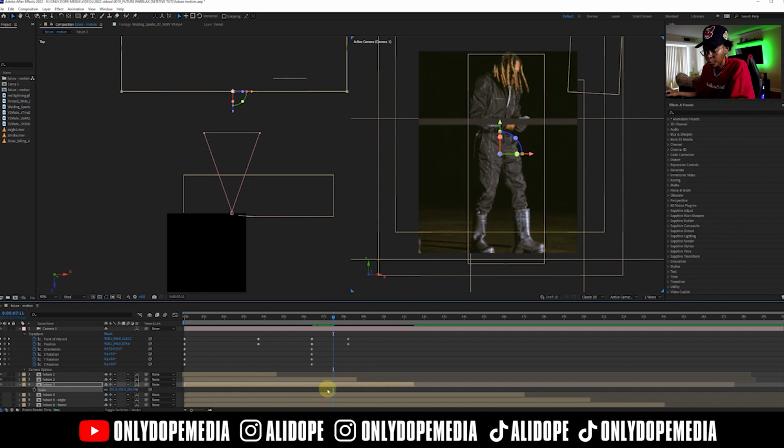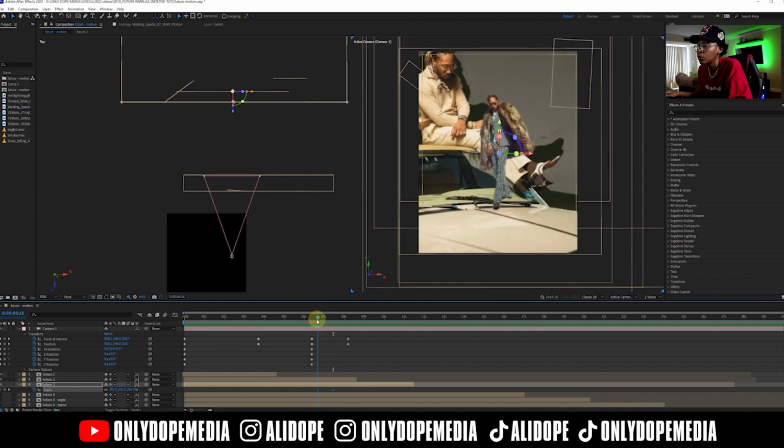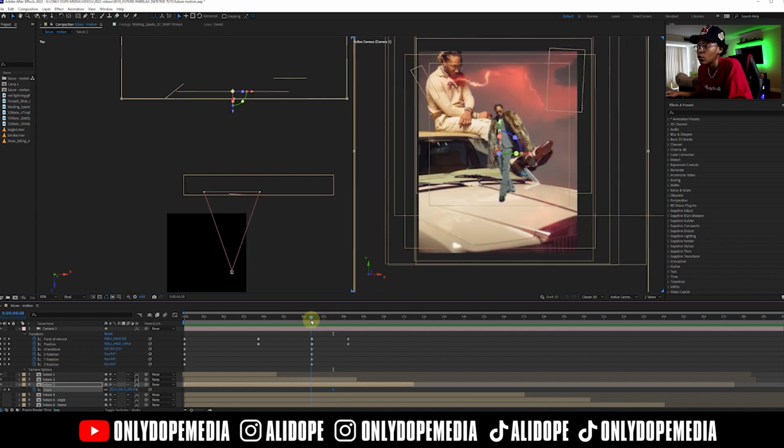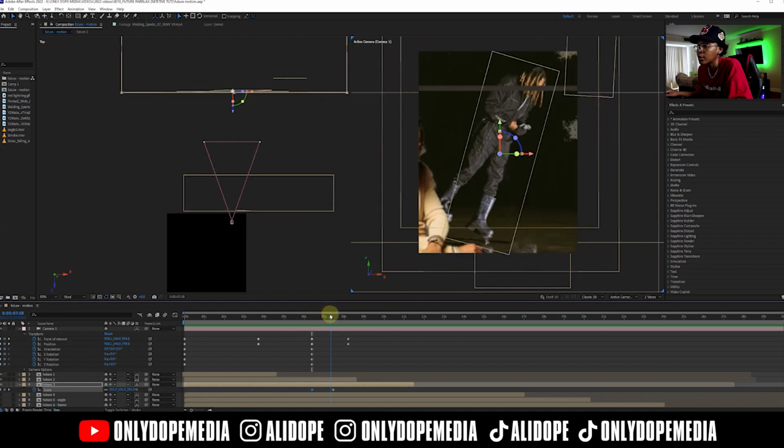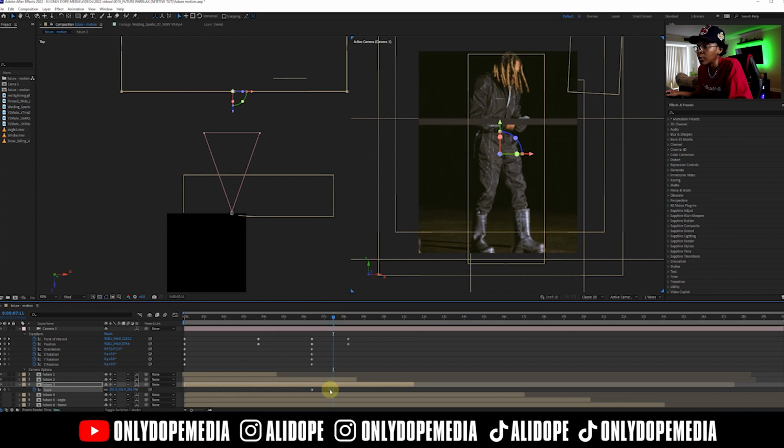And as I need the scale keyframe, you know what I'm saying? Do what you need to do to make sure the scale is parallel with the camera, and that's the most important part of it. So this is the scale I needed when it broke through. Is cool right there. Create a keyframe right here. Cool. When it gets to here, I needed to do something else, so I'll move the keyframe over a little bit, and then I'll